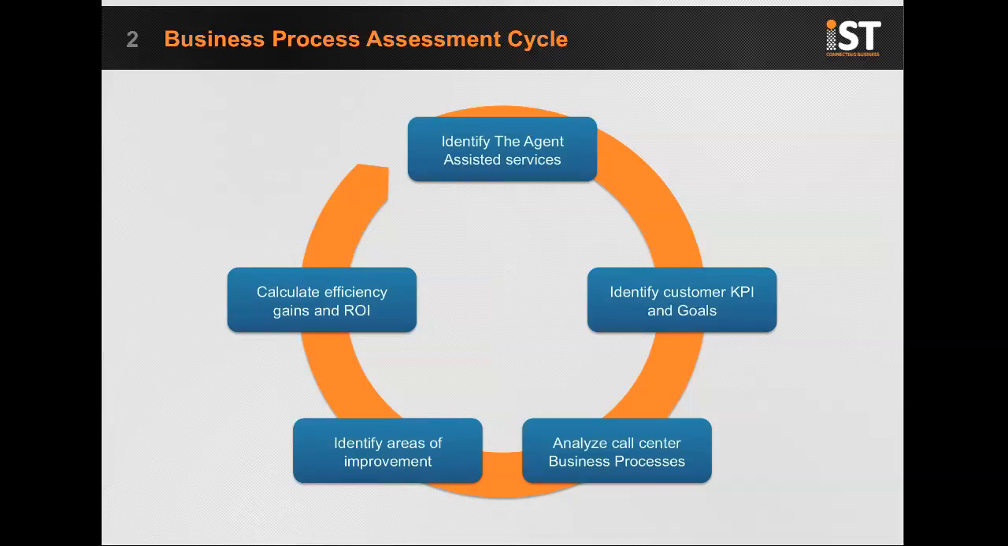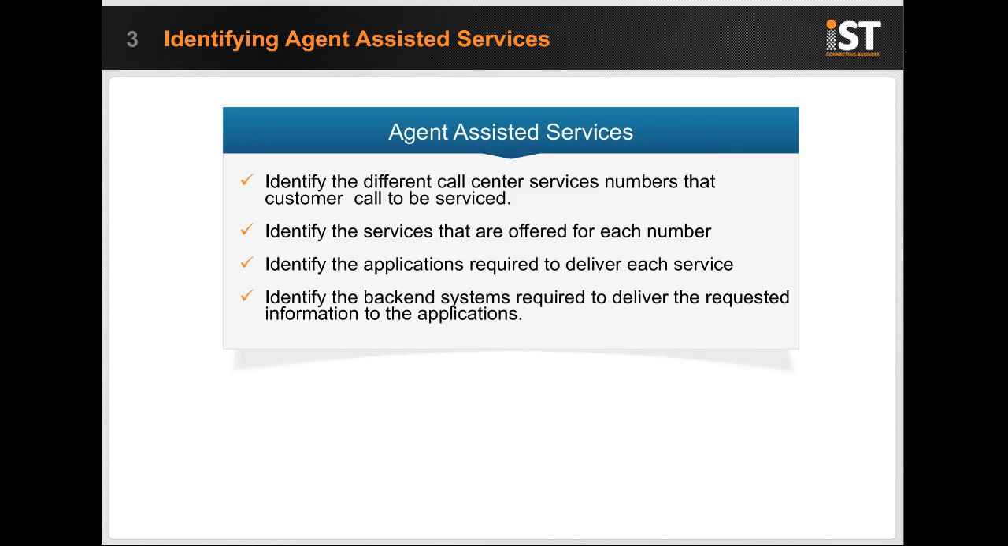Then, we identify areas for improvement and the potential positive impact they will have on the customer KPIs and targets. Finally, efficiency gains and savings resulting from incorporating the unified I-Agent framework within the customer's call center are calculated and presented. We will now have a look at the different stages of the business process assessment cycle and start by